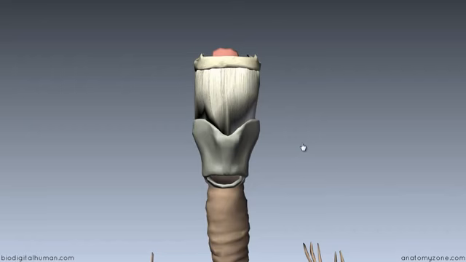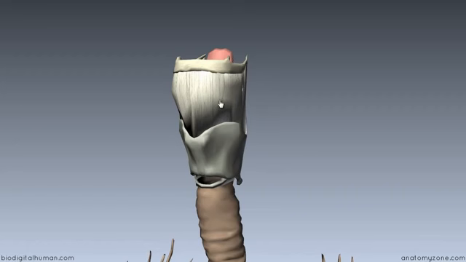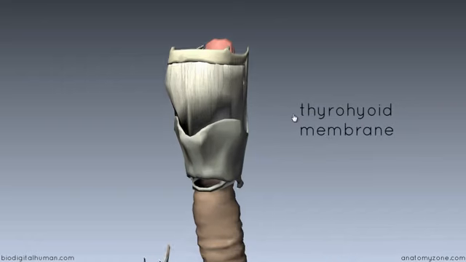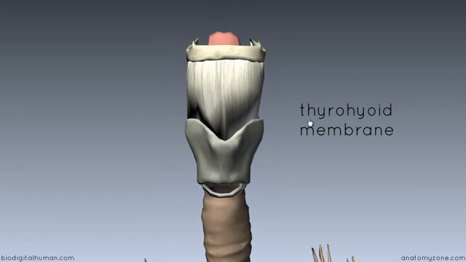So the larynx attaches to the hyoid above. So you can see this big membrane here connecting the thyroid cartilage to the hyoid bone. So this is called the thyrohyoid membrane. And there's two things to mention about this membrane. So anteriorly it's thickened. So where I'm showing you here, the thyrohyoid ligament is thickened to form the median thyrohyoid